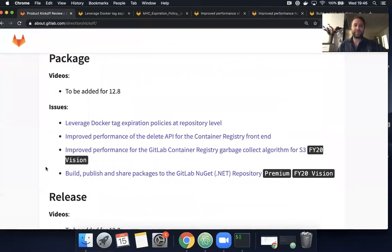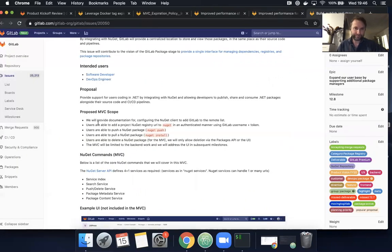And finally, I'm really excited to say that we will be releasing the GitLab NuGet repository to enable .NET developers to use GitLab as a private NuGet remote. This will allow them to configure NuGet to add GitLab as a remote. You'll be able to authenticate using your GitLab username and personal access token, and we'll support publishing, installing, and deleting packages,